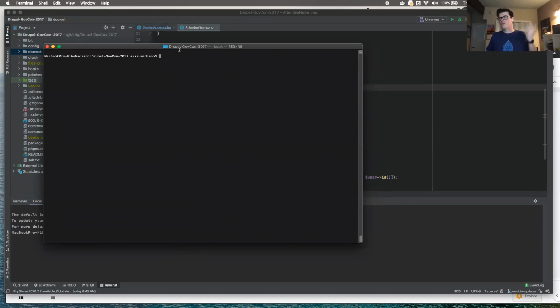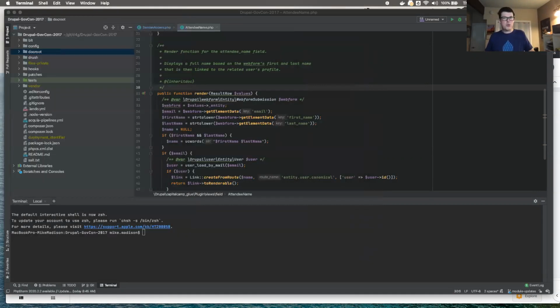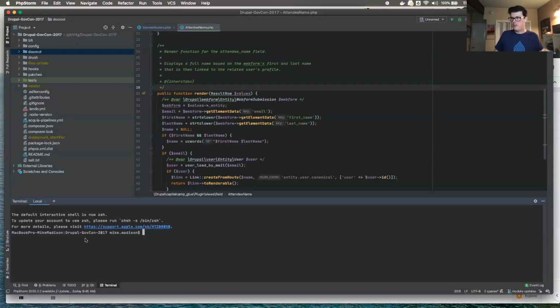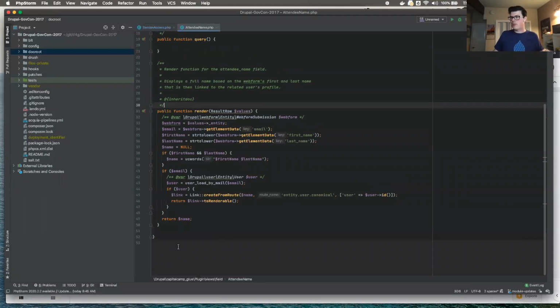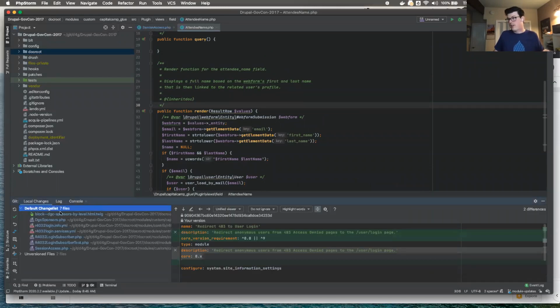That way I can keep it in a different window. That's a personal preference. I know many people who do use the terminal right there in PHP Storm, and they have no trouble. Similarly, there is Git. I use the Git history all the time when I'm going in and looking at something.